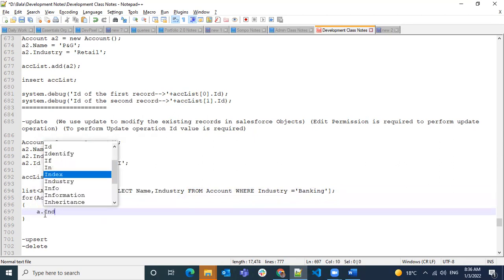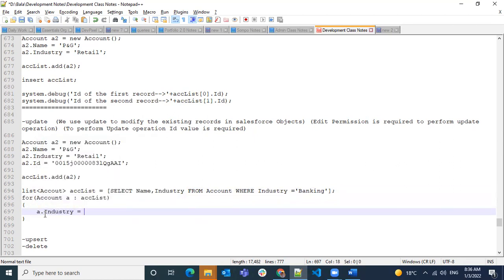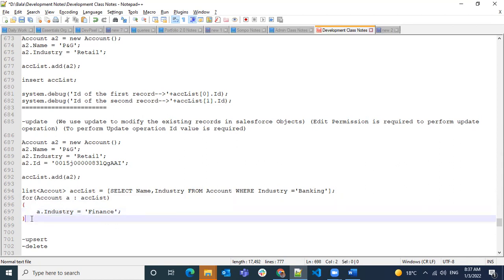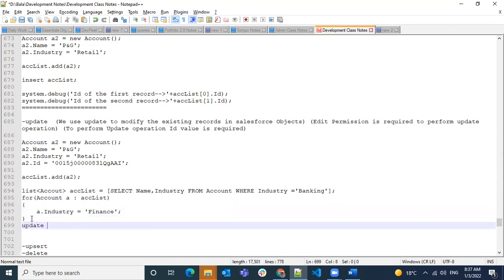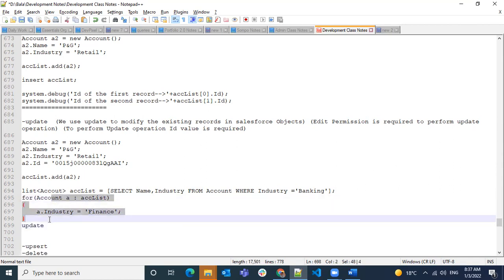In this, I'm going to assign a new value. What is the new value? Previously I had banking, so I'm going to add a new industry called finance. So I have assigned all this. It will iterate multiple times, however many records, it could be 10, 100,000, 10,000, doesn't matter.